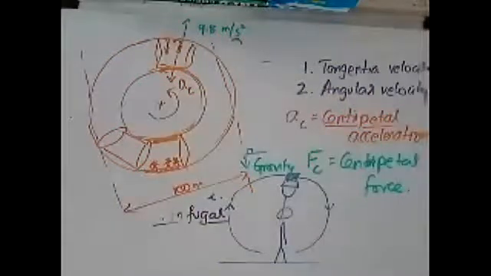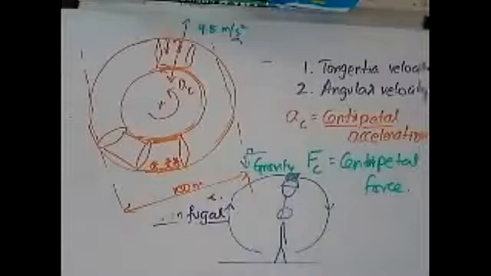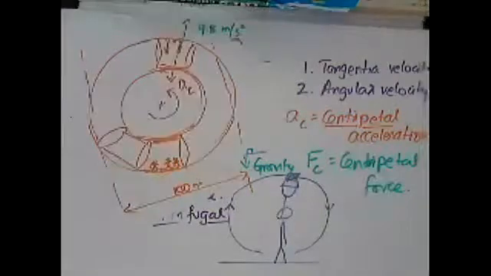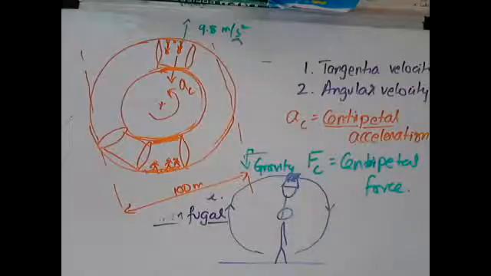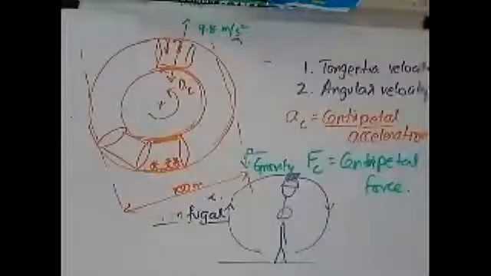Okay, Ariki has a question. She's asking, will the centrifugal force and the gravity be the same in the first case where the man is hanging straight? Yes, they will be equal, because sigma F is equal to 0. He's in static equilibrium. So if he's in static equilibrium, then whatever forces are there, they are equal and opposite. Okay.